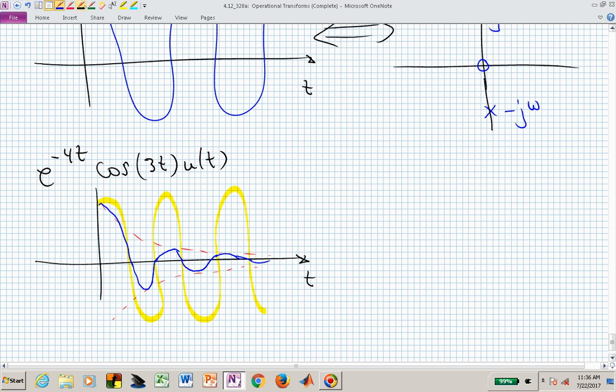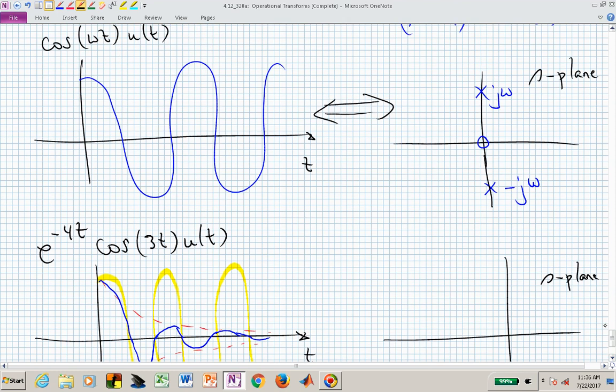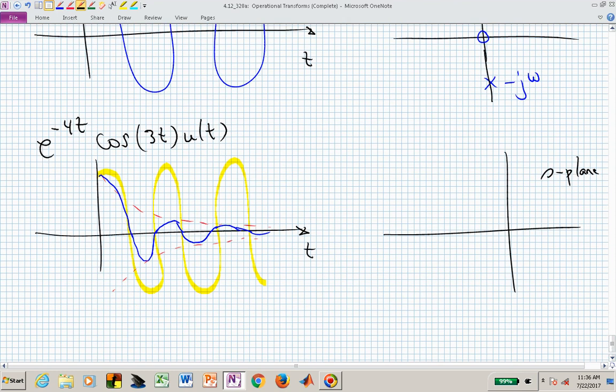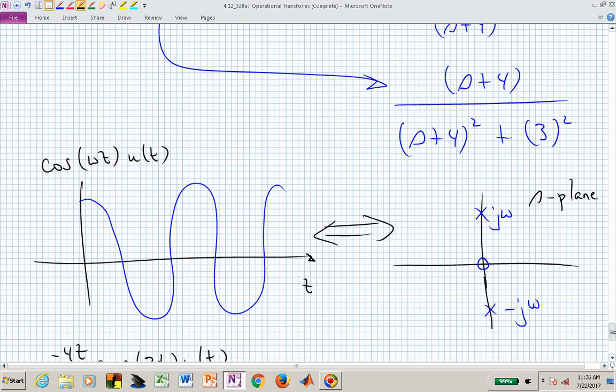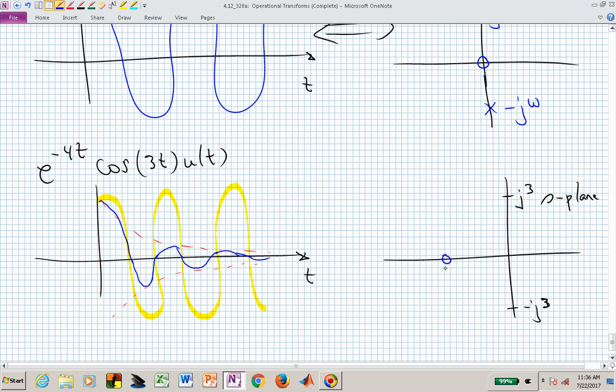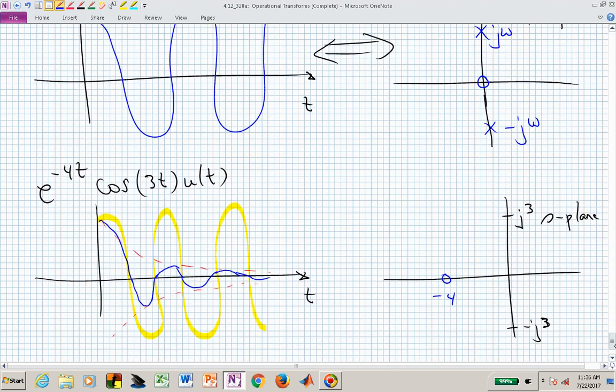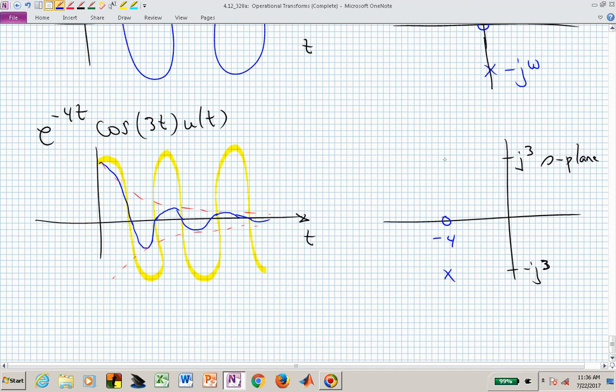It's damped by that decay amount, and what does that do in the S-plane? That's what we have over here, except now we are shifted. Remember that we had a frequency of J3 and minus J3, but what do we have up here? We have a 0 at minus 4, and we have a pole actually at minus 4 plus and minus J3, and this pole 0 pattern now indicates that the damping has pushed these poles